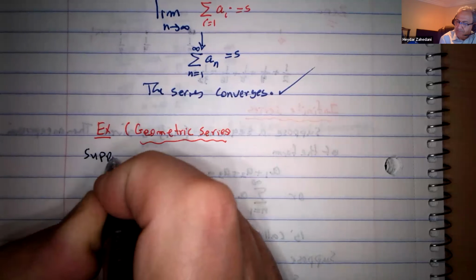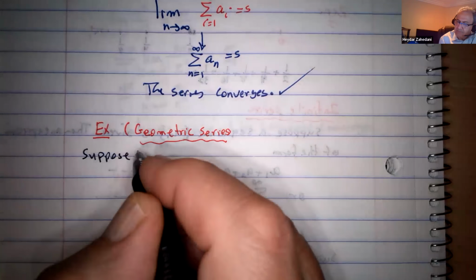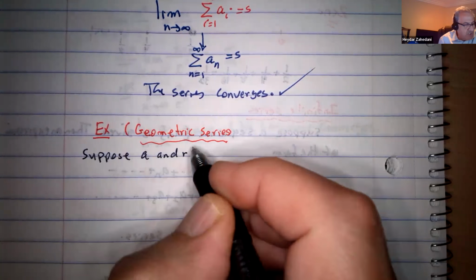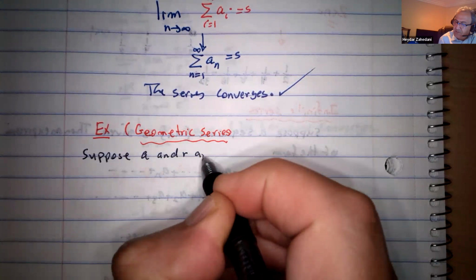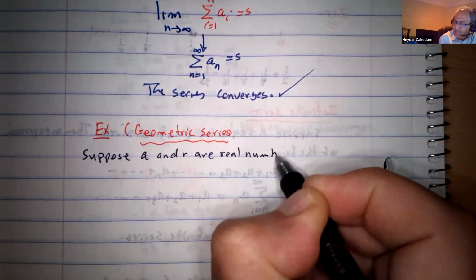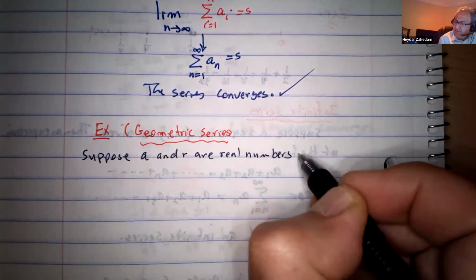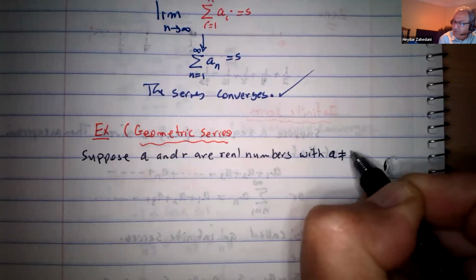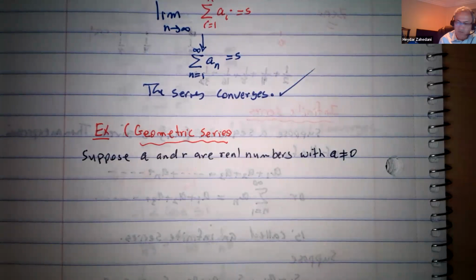Suppose A and R, they are fixed notation, are real numbers. The condition, of course, is that A is not 0. So A is going to be the first term of the sequence. If it's going to be 0, we don't get anything. Then